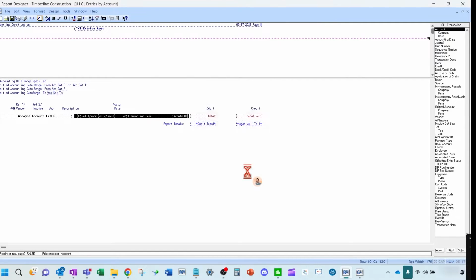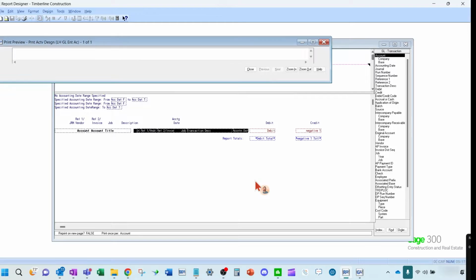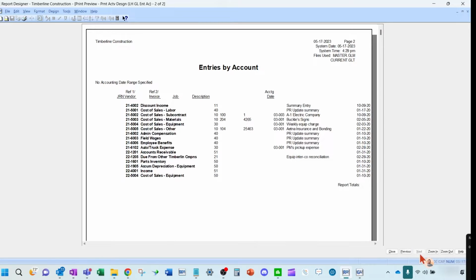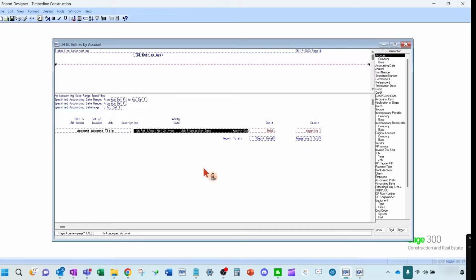and you might just do it for a particular date range or a particular account, I'm just going to let it run and see all the accounts here. And once I do that, only 2 pages now. Now we have to fix the settings here a little bit on the right, but you can kind of see here that it's printed, let me hit next here, one line per account, okay, in the setup. So that's how to do some summarizations.